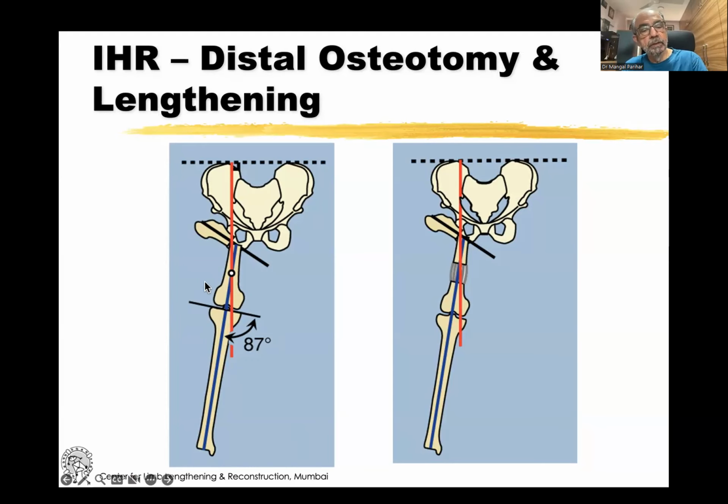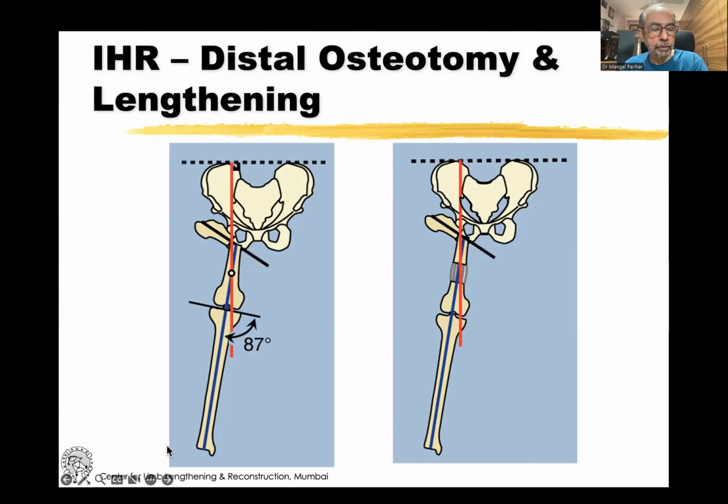This approach presupposes that otherwise the distal femur and the proximal tibia are relatively normal. If, let's say, the tibia is abnormal, then you will just extend the distal femoral axis to intersect this. Where these two intersect is the appropriate area for doing the distal osteotomy, because when you correct it at that CORA, your red line and your blue line will be collinear, and therefore your mechanical axis will now be straight, and you will not overload any of that, right?